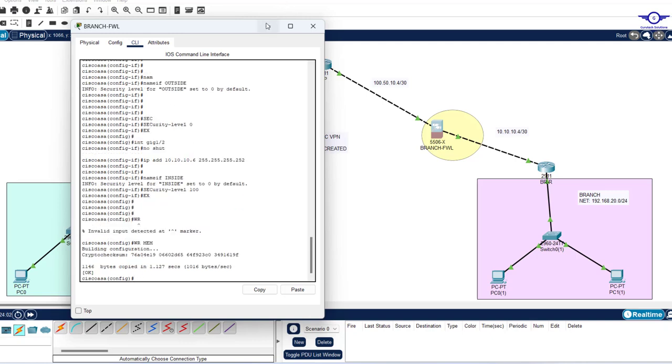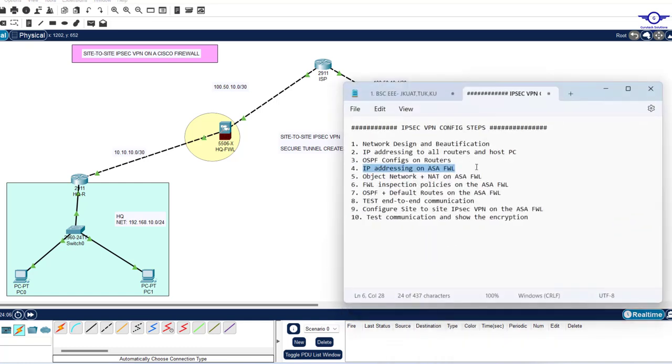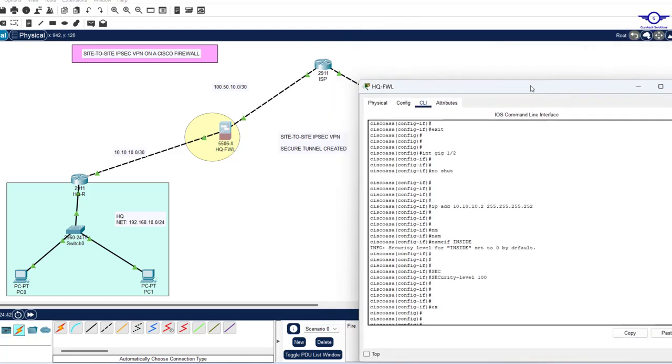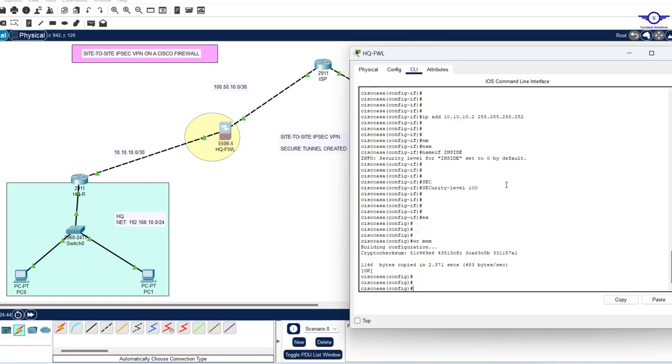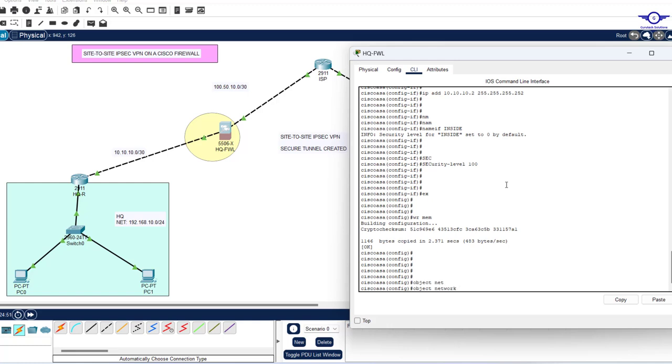Good. So the second thing that we're going to do now, let's open our notepad. We've done the IP addressing on the Cisco ASA Firewall. The second thing, object network plus NAT. Okay, all right. So when I click on that firewall, we need to do object networks plus NAT. Okay, all right. So just say object network to be, let's just say